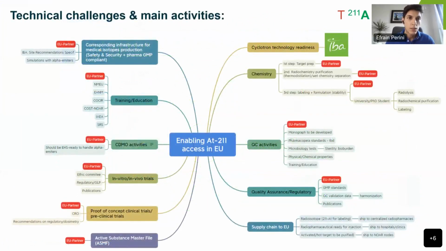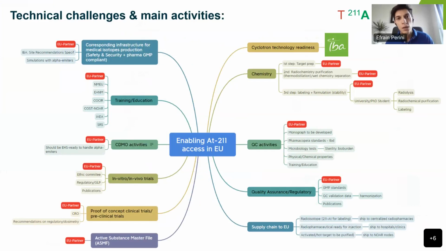The technical challenges and the main activities that we need to tackle with this project for enabling astatine access in the European Union are shown in this mind map, such as the corresponding infrastructure for medical isotope production and enabling, of course, clinical-grade radioisotopes. In the red boxes, I put where we need our partners as well. We are looking for partners for the corresponding infrastructure, training and education, CDMO activities, in vitro, in vivo trials, proof of concept clinical trials, the activity substance master file, and also the cyclotron technology readiness will be